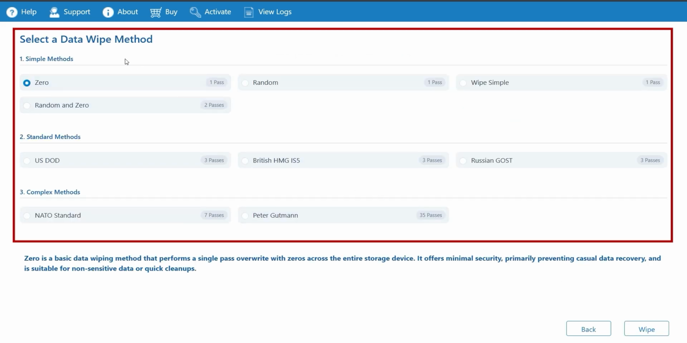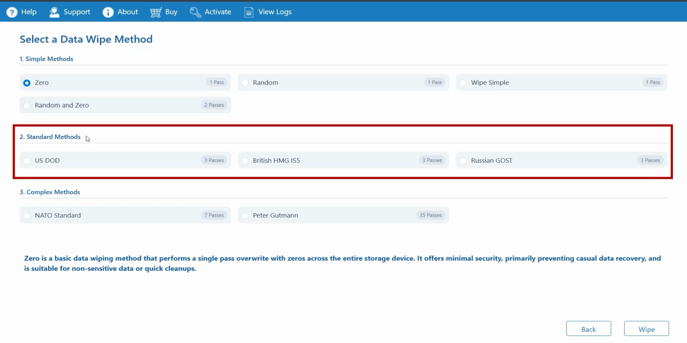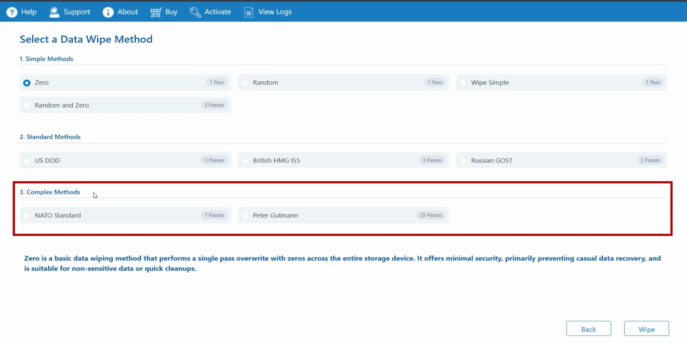Now, you need to select a data wipe method. Simple methods are fast but offer basic level security. Standard methods provide a good balance between speed and effectiveness. They take a bit more time but give better results. Complex methods take the longest but offer the highest level of security, making the data completely unrecoverable by any software